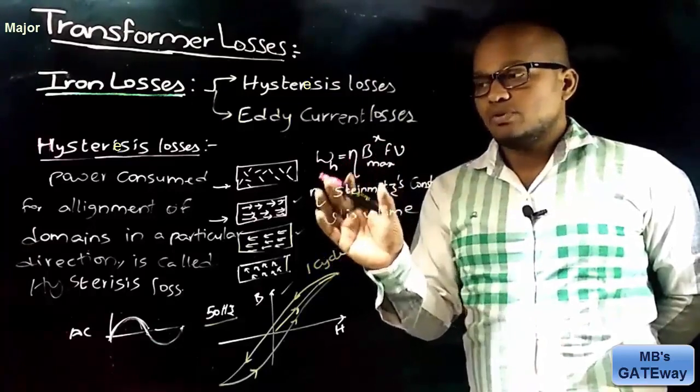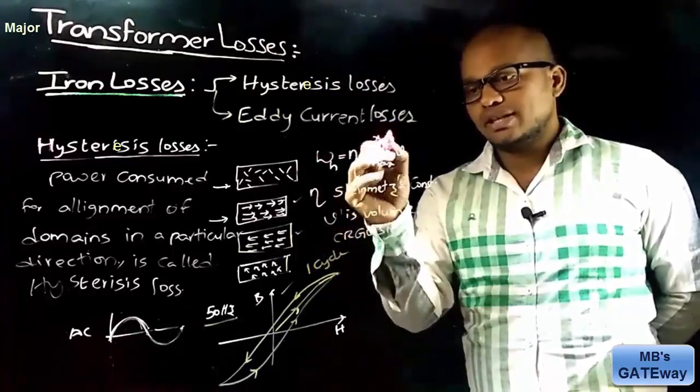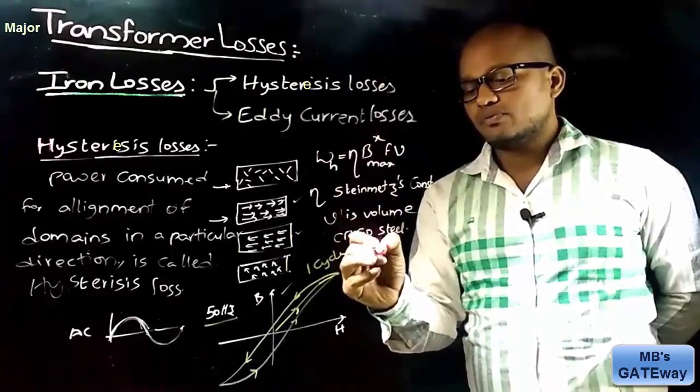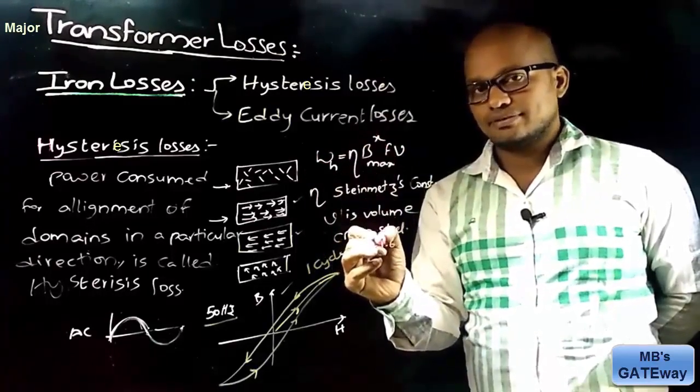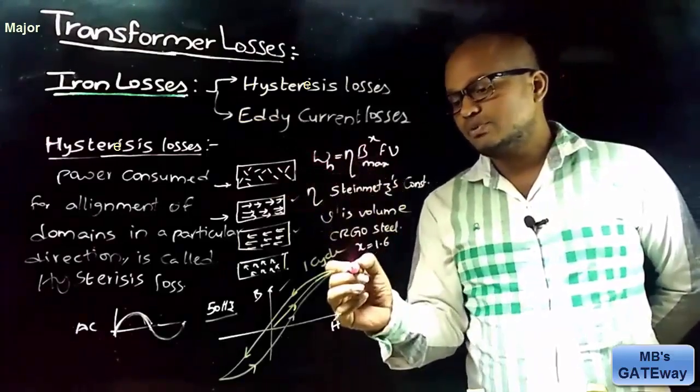As the transformer core is made of CRGO steel, for CRGO steel x has a value of 1.6, and this hysteresis loss for one cycle is equal to